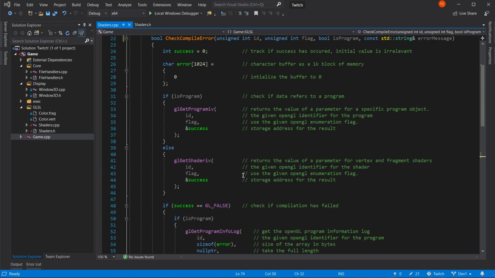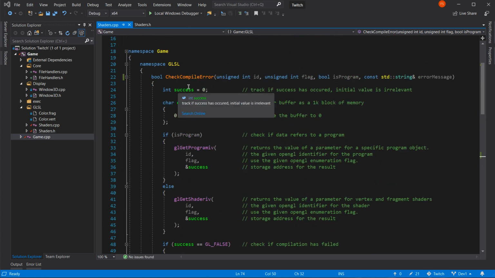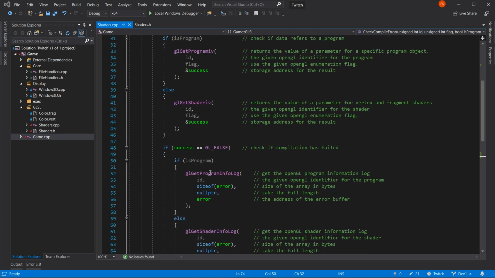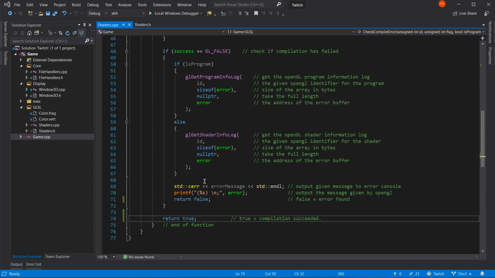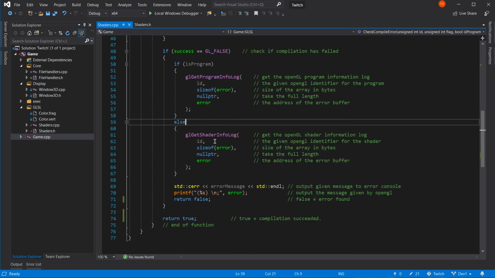And now we have a shader check compile error that will actually return a true or false. If it returns false, then we go into shutdown mode. It all depends where we use this as to where we're going to do the shutdown mode, or how we're going to do the shutdown mode, should I say. Because I'm having problems with that prior.